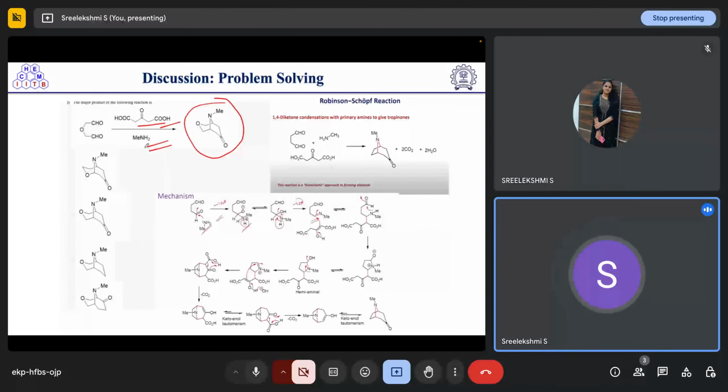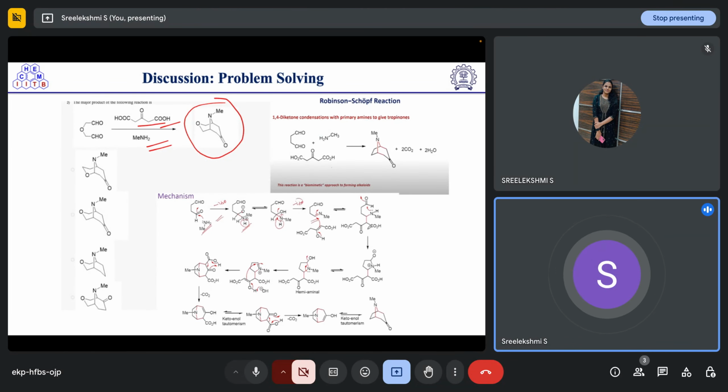We are using this methylamine here, so the lone pair of NH2 will attack over the carbonyl carbon center of one of the aldehydes, and this will form O minus. Then water molecule is eliminated from this, that is this OH, and this H will leave as a water molecule to form this imine. And then this will be